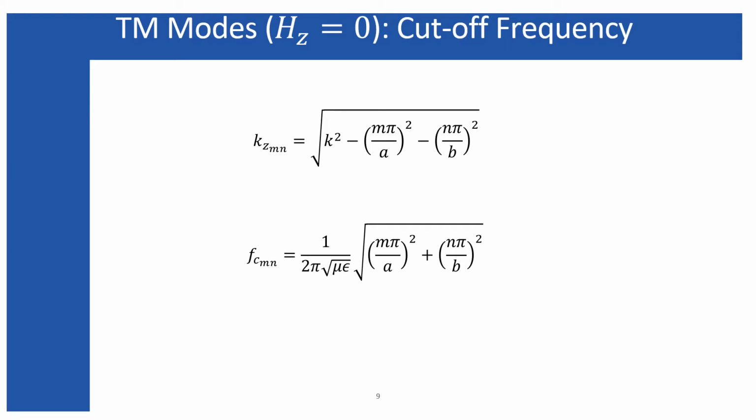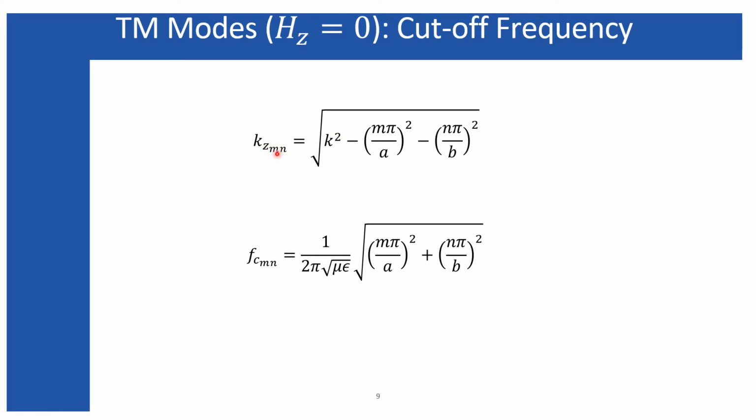Cutoff frequency: we can find the cutoff frequency in a similar way by making kz 0, because we know from my previous discussion that kz 0 represents the wave which oscillates along the x and y direction and doesn't propagate. So therefore k becomes equal to kc. So k represents the wave number with which you are exciting your waveguide, and if the wave number equals the cutoff wave number kc, that wave cannot propagate along the longitudinal direction of the waveguide. It just oscillates along the conducting walls or shielding walls of the waveguide.